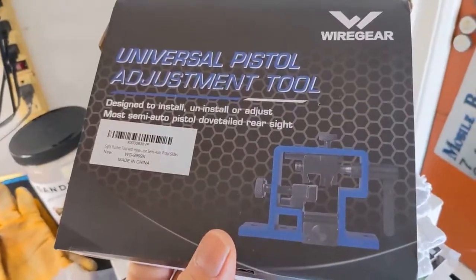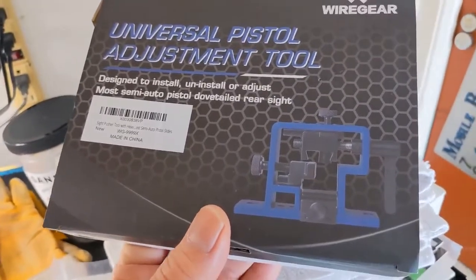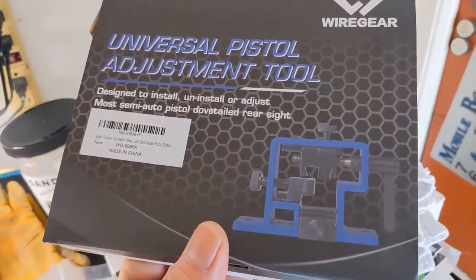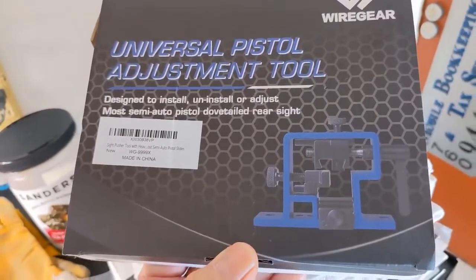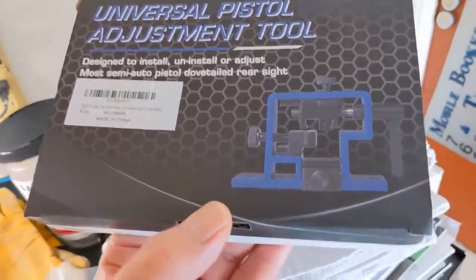Hey guys and girls, Froggy back. I decided to buy this tool before I destroyed either the rear sight or the slide. Even, you know, when you try the bigger hammer and the bigger hammer doesn't work, you need to step back and rethink the whole thing. So,